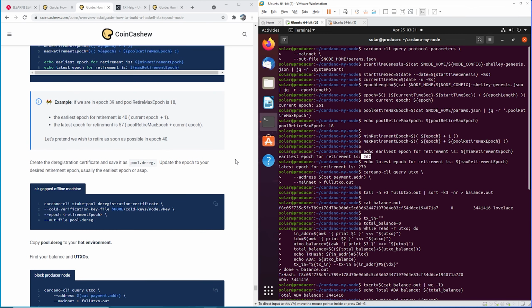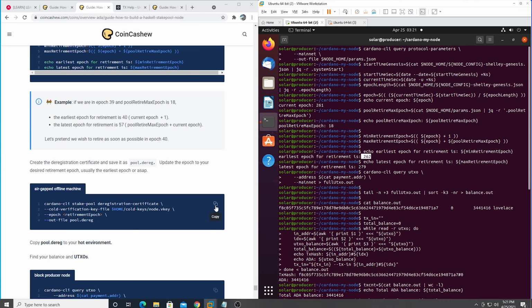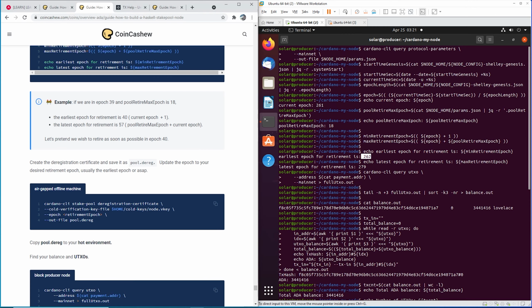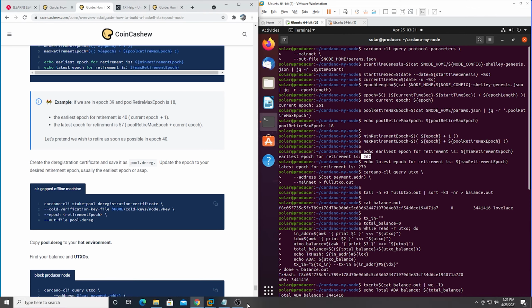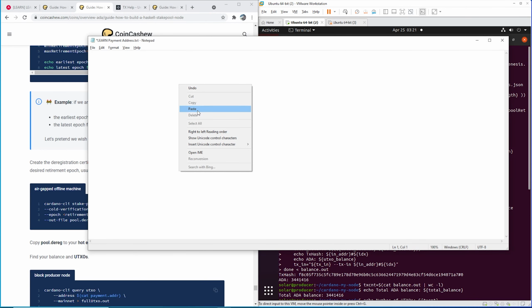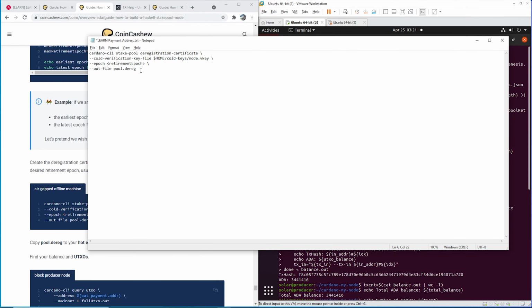Now you have to go to your air gap machine, and this is the step that actually gave me a problem, and I'll show you why. Go ahead and copy this. I'm on my air gap machine, but for you guys, I'm going to do it on this machine just to show you. So, where I ran into the problem,